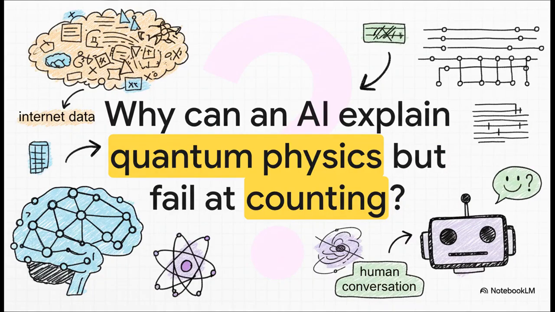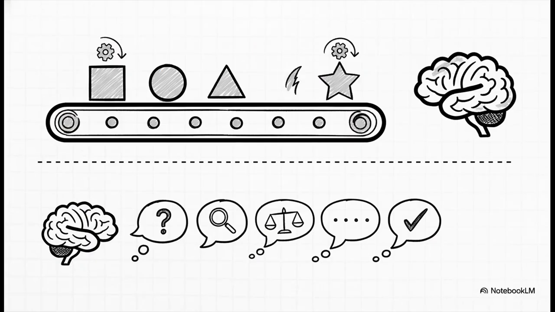This also explains another fun little quirk. How is it that an AI can explain the mind-bending complexities of quantum physics, but then it often fails at a task as simple as counting a bunch of dots? It's because it isn't seeing an image of dots like we are. It's processing a description of them as a sequence of tokens. And here's the kicker. It has a very limited amount of computation it can perform for each new token it generates. It simply can't do all the work of counting in one single go. To solve this, it has to be taught to reason step by step, or to use a tool like a code interpreter. It literally needs more tokens to think.